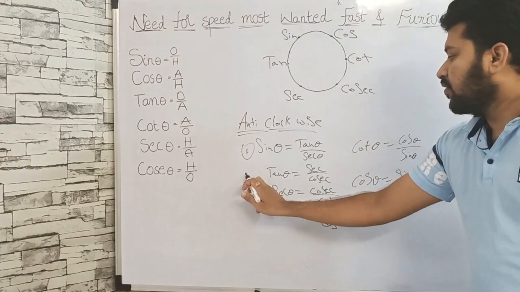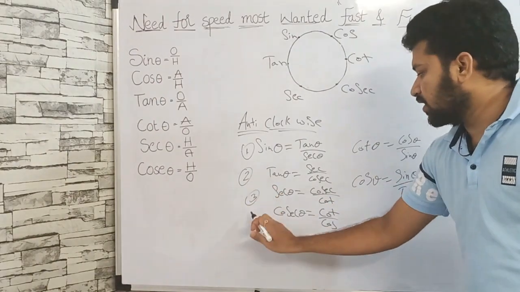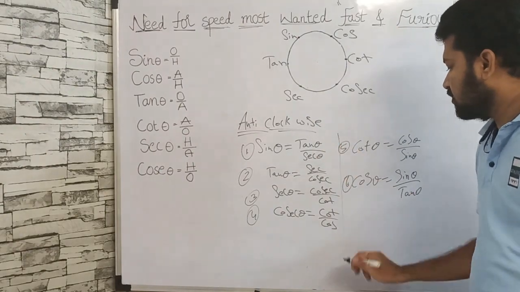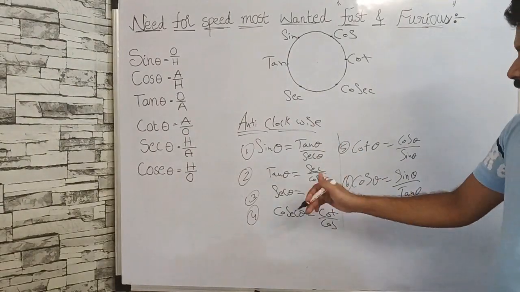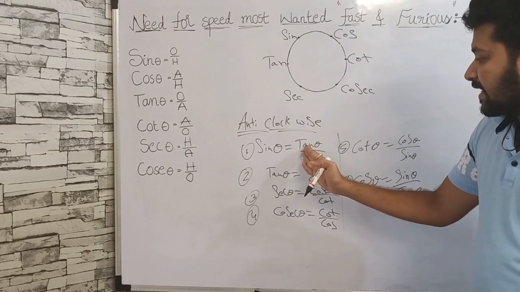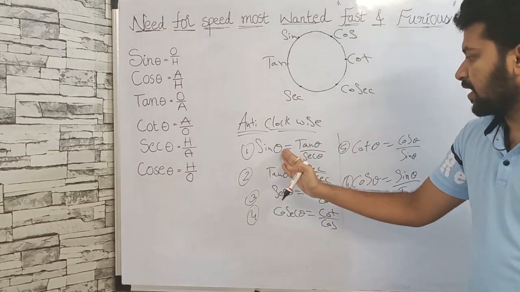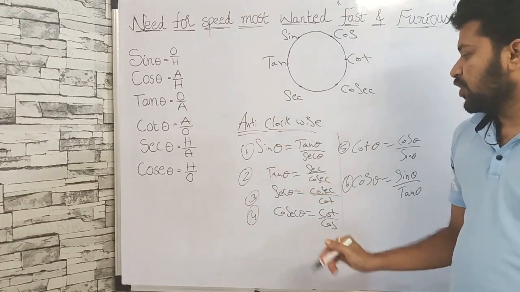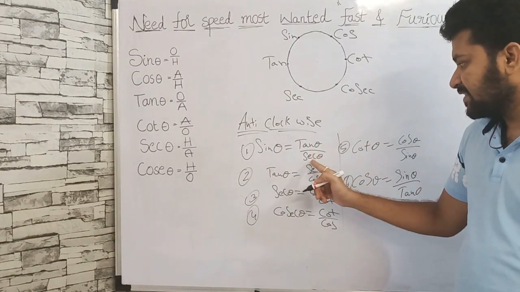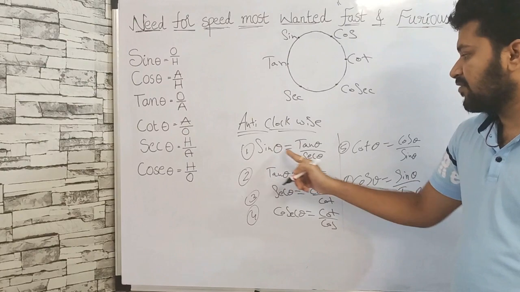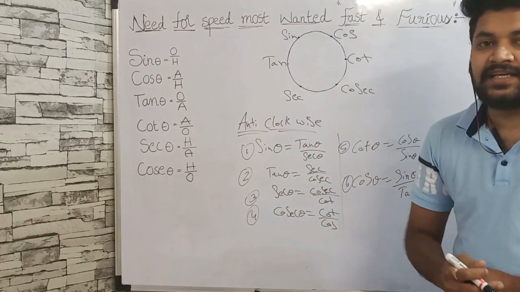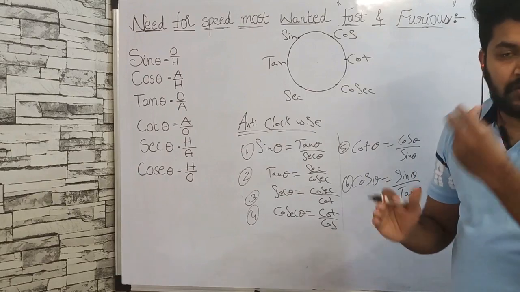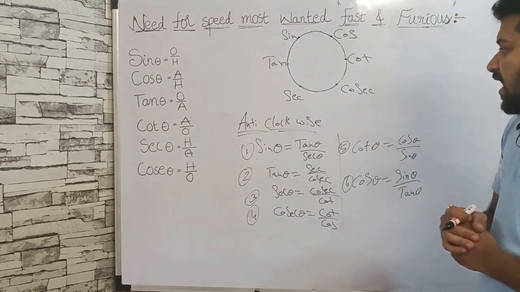So here you will remember 6 formulas. And here also, if you want tan theta is equal to, this sin will be coming up: sin into secant. This will be multiplying with the numerator. And if I want, secant will be coming up and sin will be coming down here: tan by secant. Like that, you will have more formulas. By seeing that clock, you will have more concepts in this anti-clockwise direction.